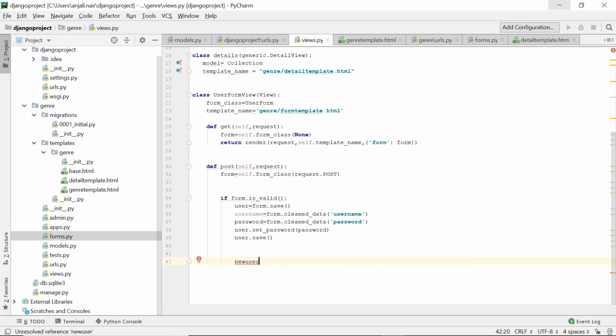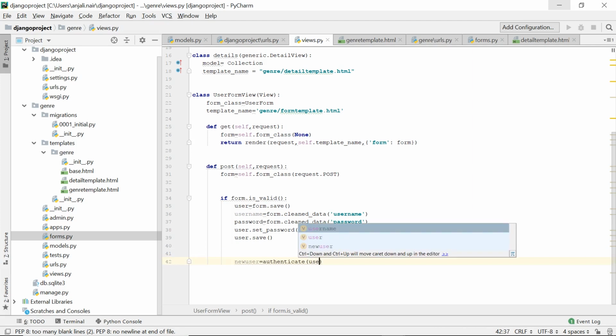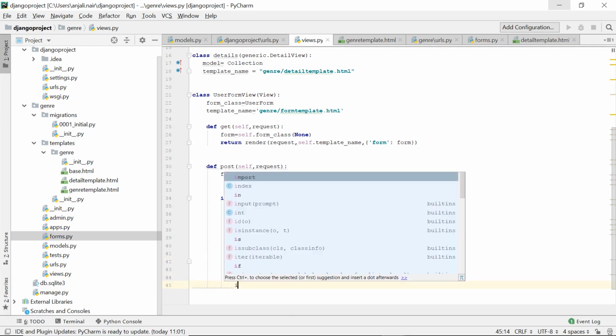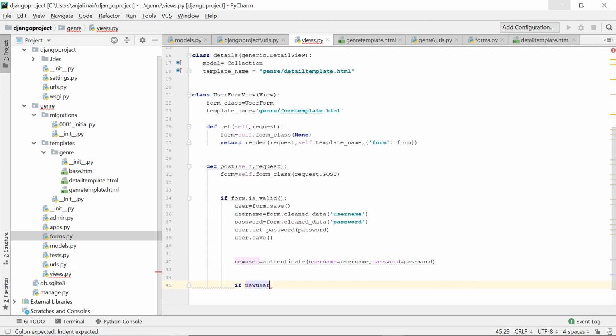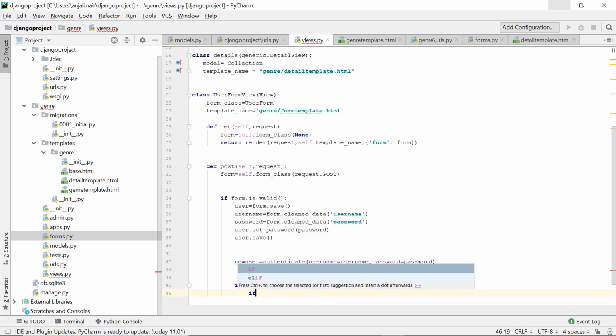Create an object new_user, and this object will hold a user if the username and the password that we pass here to this authenticate function is actually valid and they match. That is, they form a pair. So the username will be the variable username and password will be the variable password. So if the new user does exist, that is, if new_user is not None,